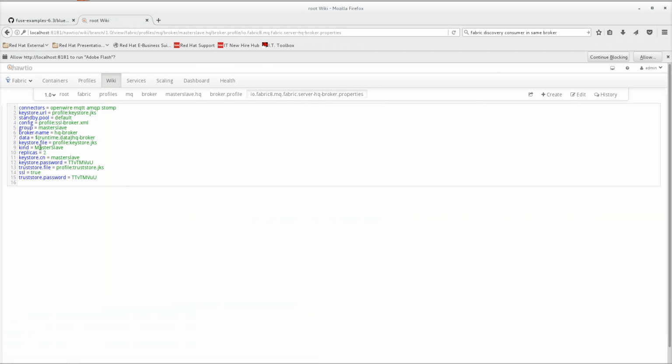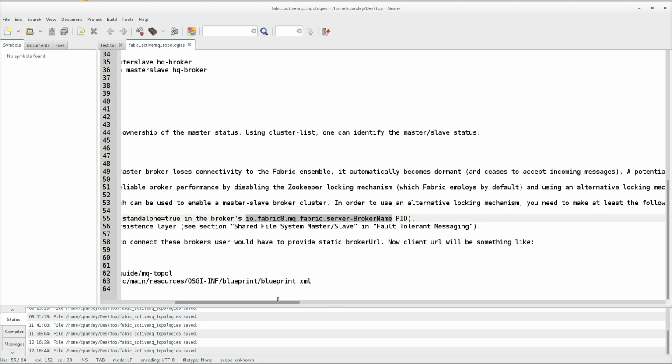So here we have to set standalone equals to true. Once we set standalone equals to true, that means it will not take part in ZooKeeper locking. So it will use the standard shared file locking system, file locking persistence. So this was one thing.